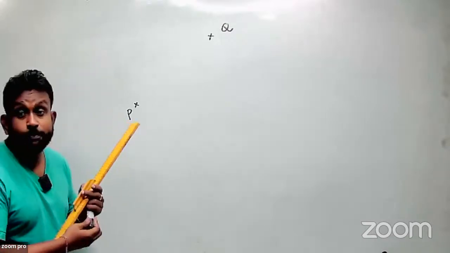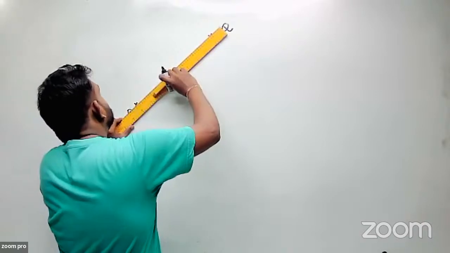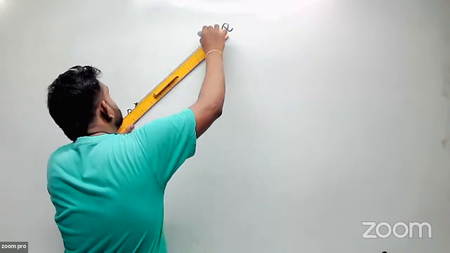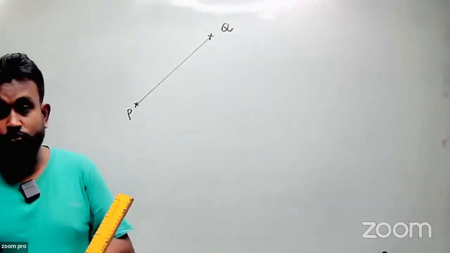Then you connect the P and Q points first. Connect PQ first. Okay, PQ first. And then how to draw the perpendicular bisector, use the compass,